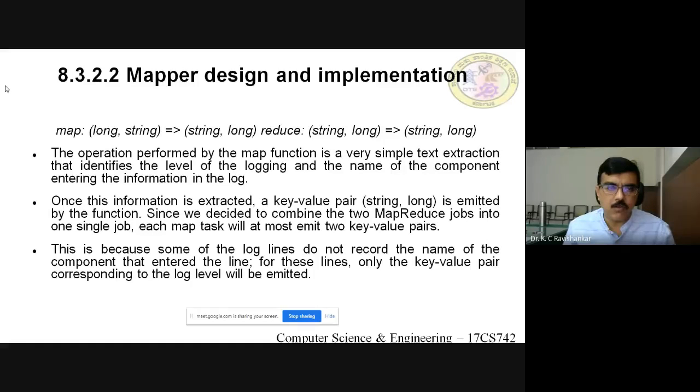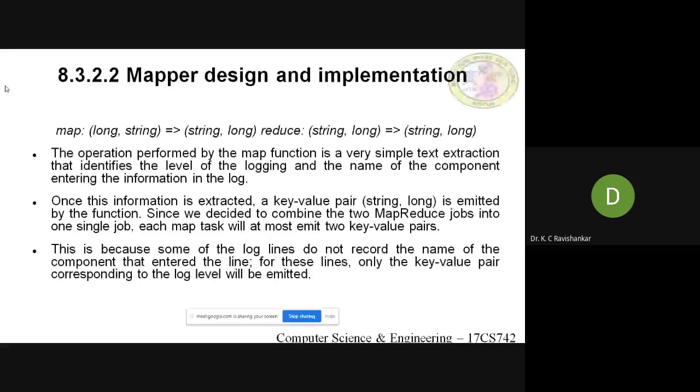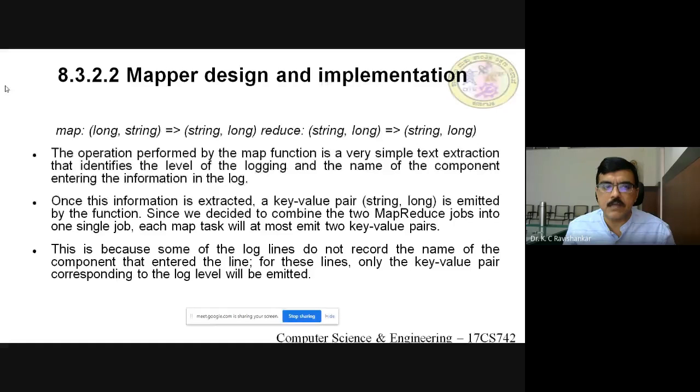which takes long and string as the input, and it gives the string and long as the output. So you can recall the previous presentation, and the reduce will take the output of map function, that is a string and long, and it will be converted into string long. The meaning of this is the data comes as a stream of strings,